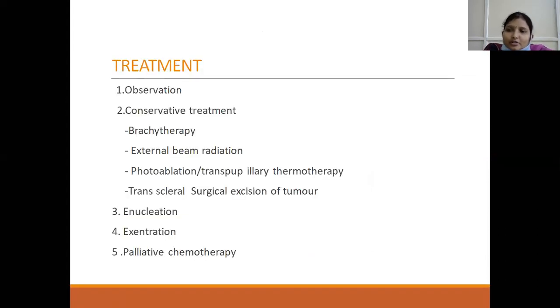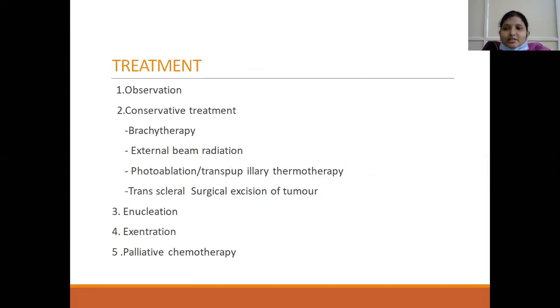How do you treat a case of malignant melanoma? If it is small and we are doubtful about the diagnosis, generally we leave the patient for observation. We have to ask the patient to come for regular follow-ups and observe for any signs of malignancy during the frequent follow-ups. We have to look for any RD or lipofuscin pigment deposition or rapid increase in the size and thickness of the tumor. All these are suspicious of malignancy. So until then we have to observe the patient.